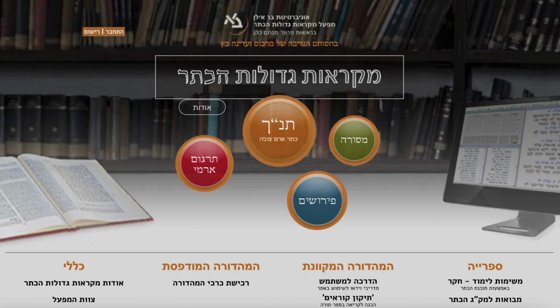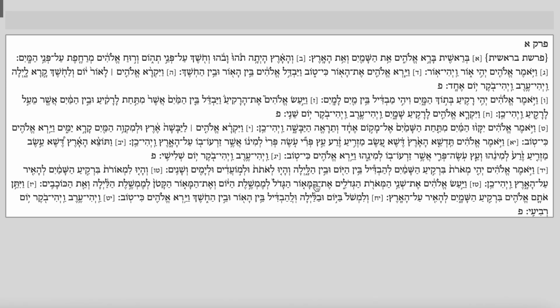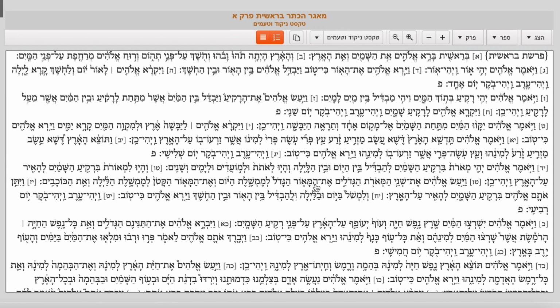But let me walk you through it really quickly. So here's the Tanakh, the Hebrew Bible: Torah, Nevi'im, Ketuvim. And if you click on this and you just want to read, you can click right there. Okay, and there you have it. So there is the text of the Bible according to the Aleppo Codex,